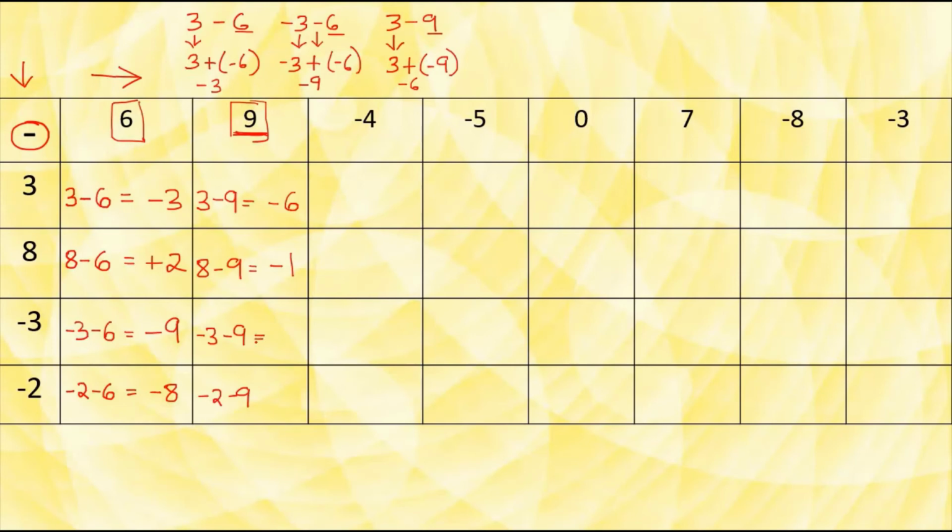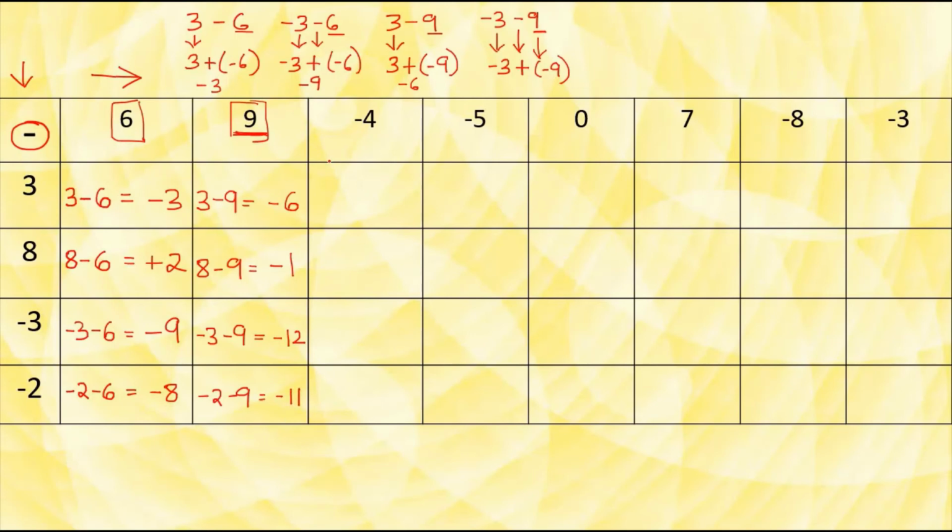The next one, minus 3 minus 9. We are going to solve it the same way as we did for number 6. So we'll do it once again. Minus 3 minus 9 I have. So minus 3 I'll write down as it is. Then this subtraction operation will change into addition and this 9 will become minus 9. So my answer will be minus 12. Similarly, for the last one, my answer will be minus 11.